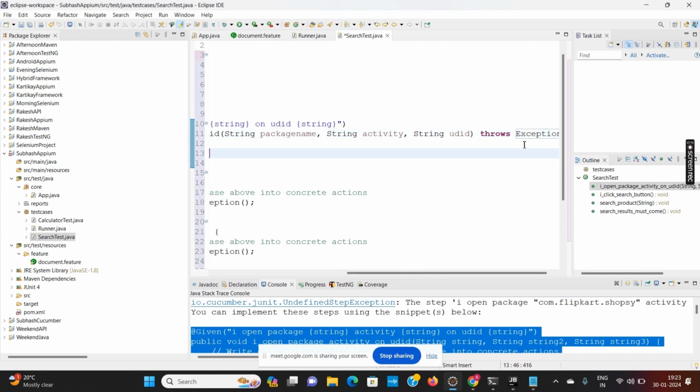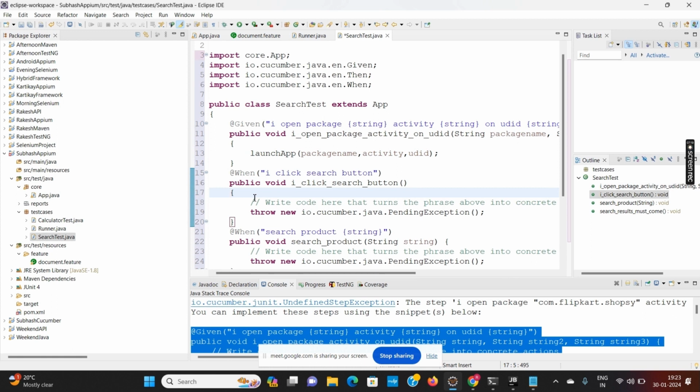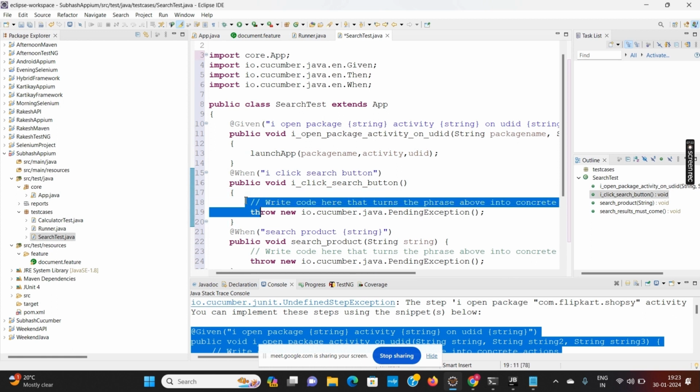So like the calculator app, now we are launching another app. Other things we'll keep blank. We will use it in our next class.